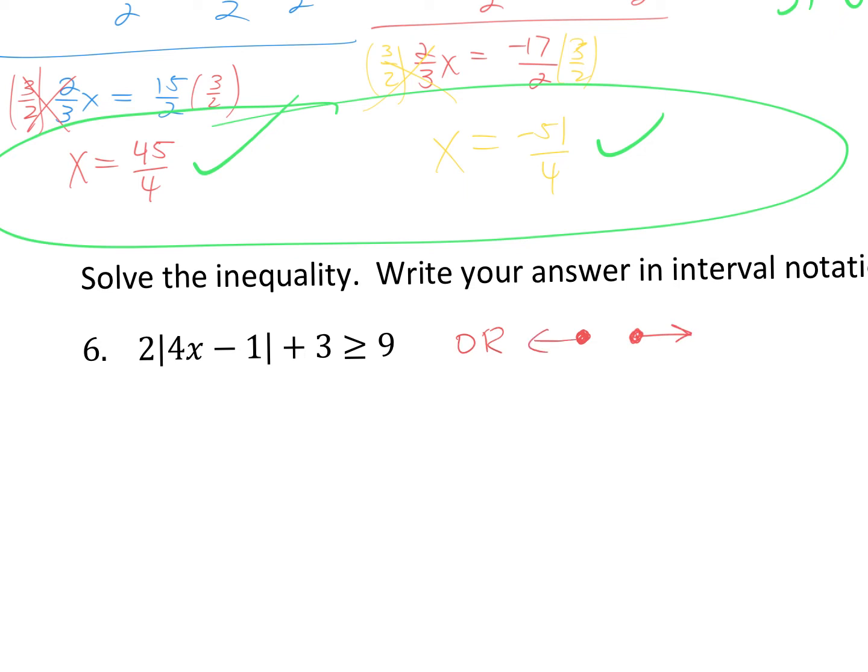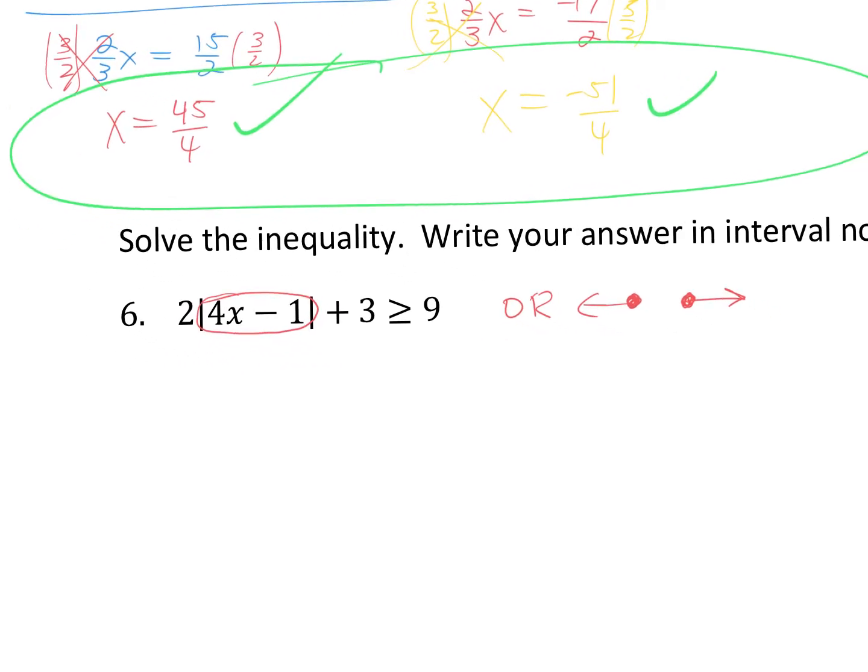That will be true in your answer unless you multiply or divide within your problem to get the absolute value by itself by a negative number. As soon as you multiply or divide by a negative when you're working through this, you have to flip. But if you don't, then that should stay true. So again, you have to isolate your absolute value. So I'm going to add 3 first. So I have 2 times the absolute value of 4x minus 1 greater than or equal to